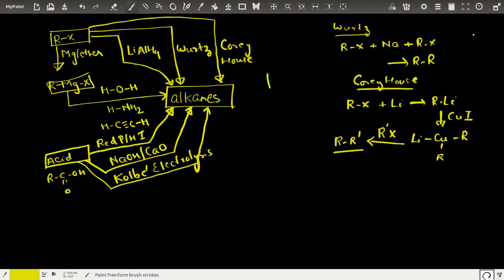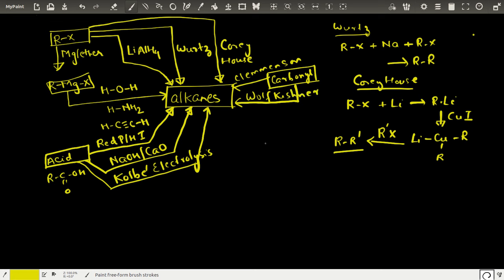Also we can prepare alkane from the carbonyl compounds. Now when we say carbonyl compounds, we mean aldehydes and ketones. We have two name reactions over here. One is Clemmensen reduction, and the second reaction is the Wolff-Kishner reaction. So it is a Wolff-Kishner reaction,